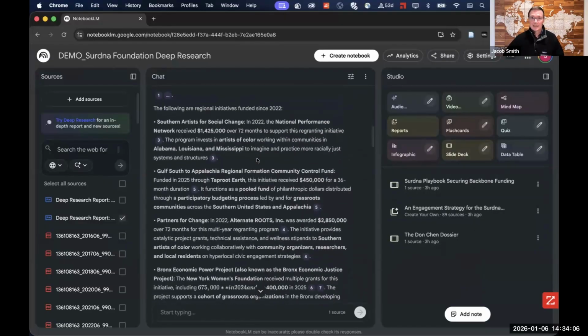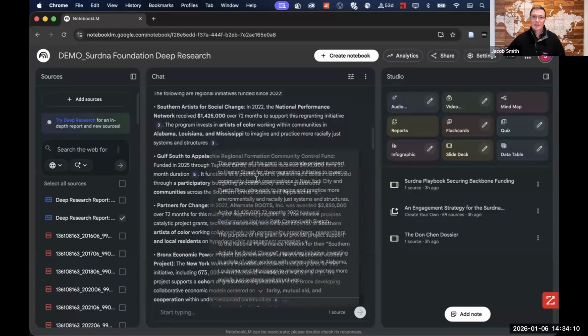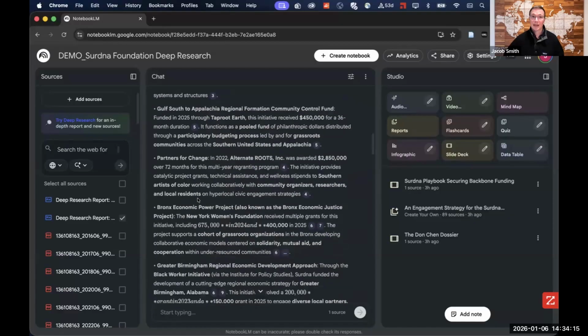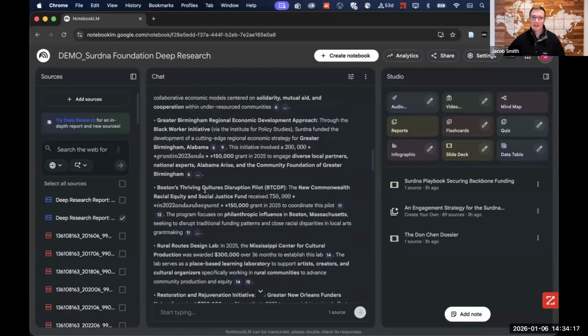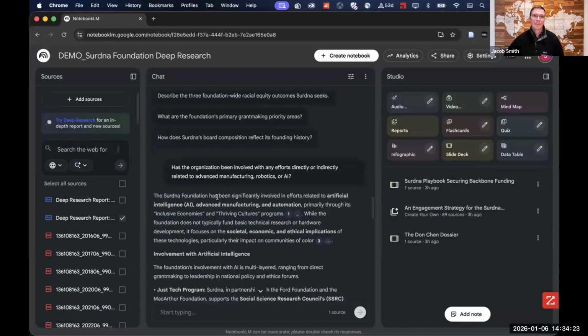And it gives you that list here within the chat functionality. It also gives you the specific citation to the source that information was pulled from, in line. So you get a good idea of the answer to that particular question in this case.